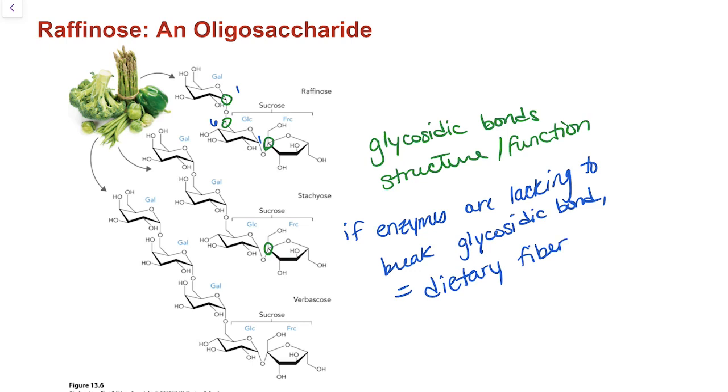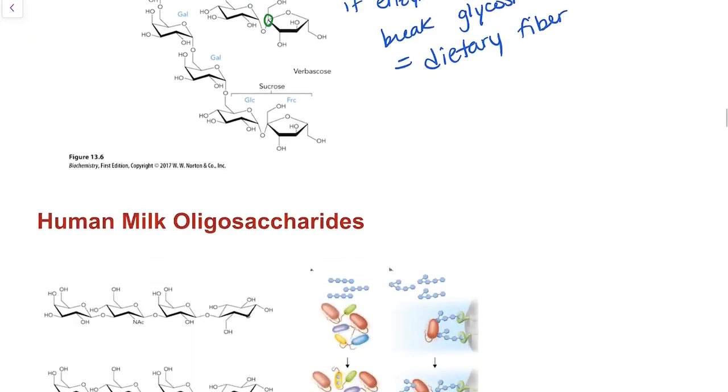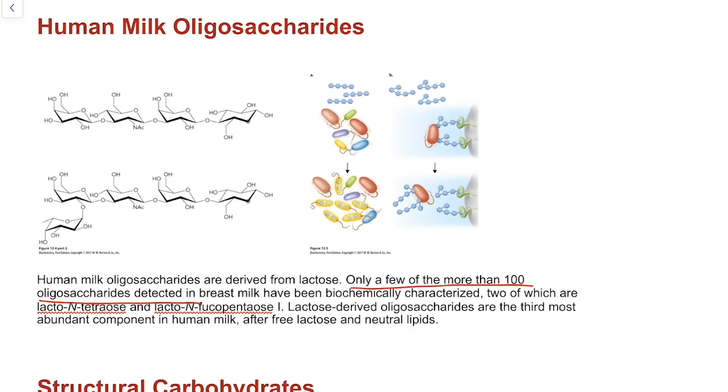Some enzymes have been made that you can add to the feed, and then it starts breaking that down while they eat it to produce less gas and less uncomfortable feeling. The same thing for us. We call it vino, and it comes in a little white bottle that you can buy over the pharmacy counter. You know the commercial. Okay, so for humans, some of the interesting oligosaccharides can be, just as an example here,